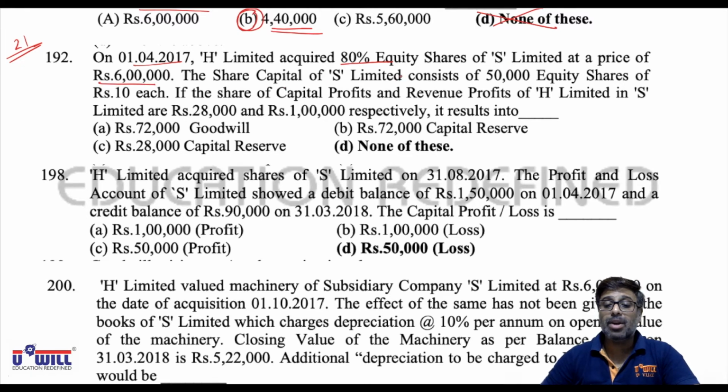The share capital of S Limited consists of 50,000 equity shares of 10 each. If the share of capital profits and revenue profits of H Limited in S Limited are 28,000 and 1 lakh, capital profits share is 28,000, revenue profits share is 1 lakh,